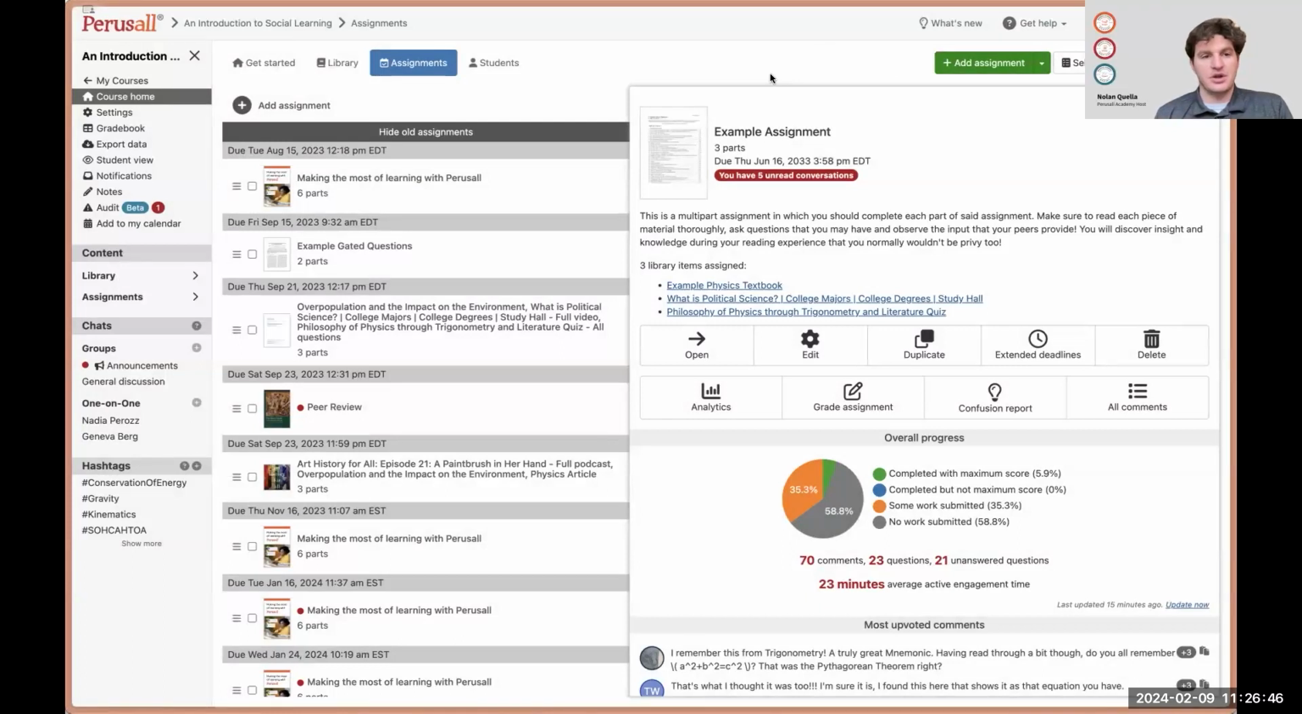And that covers our assignments that you can build within Perusall. And again, there are a lot of options there for the types of assignments that you can build with single part, multi-part, peer review, all things in between. The last type of assignment that I want to touch on is group specific. There are some instructors that will break their course into groups